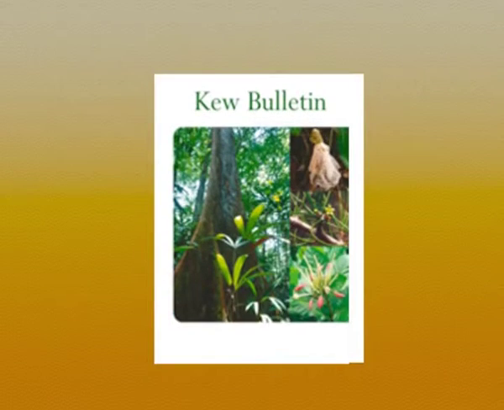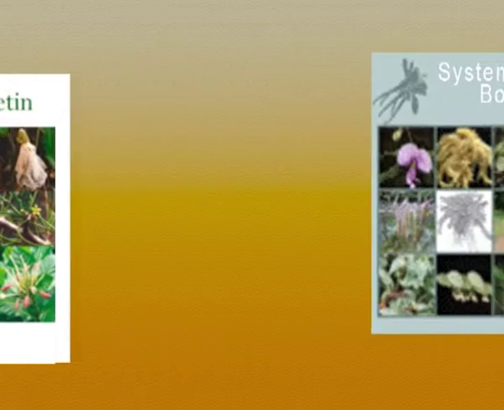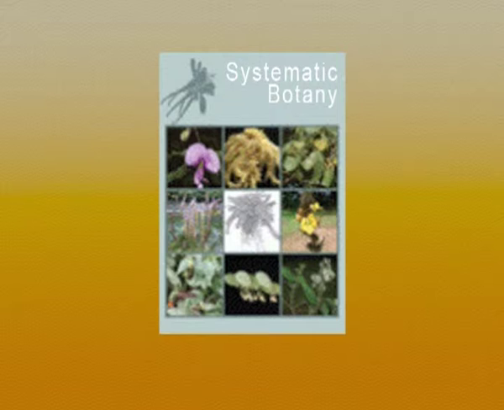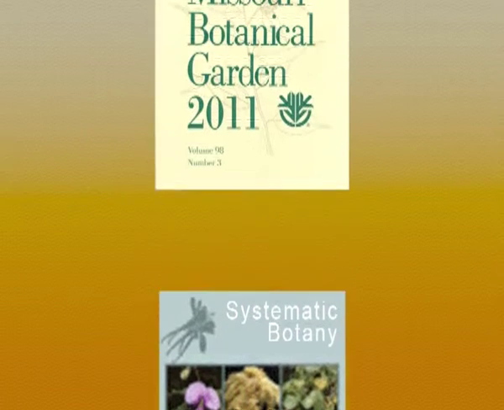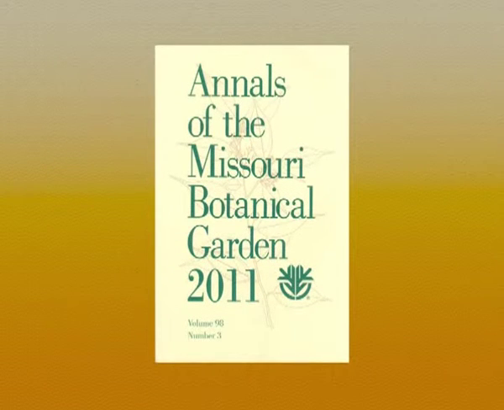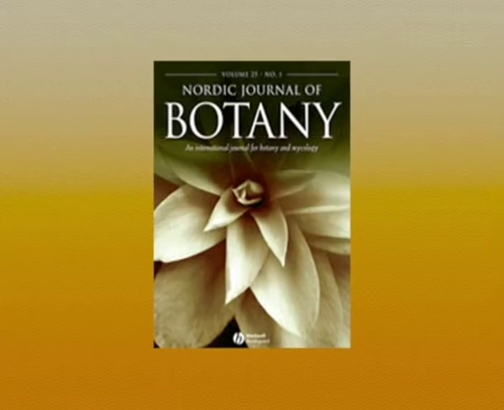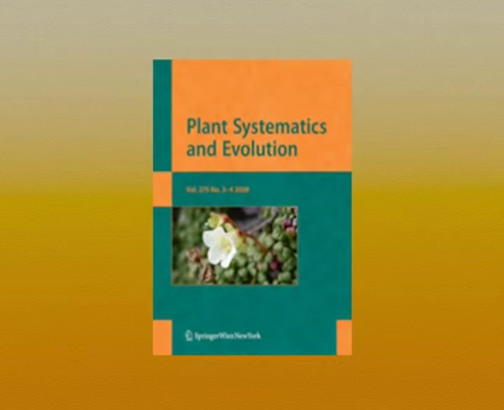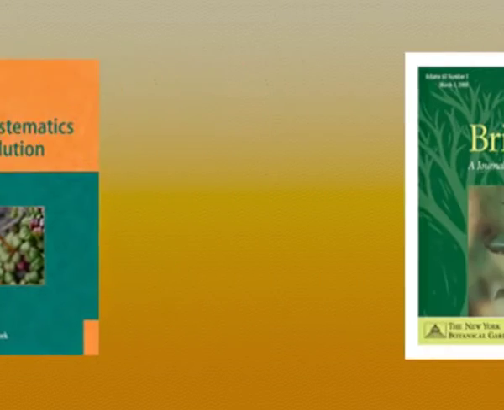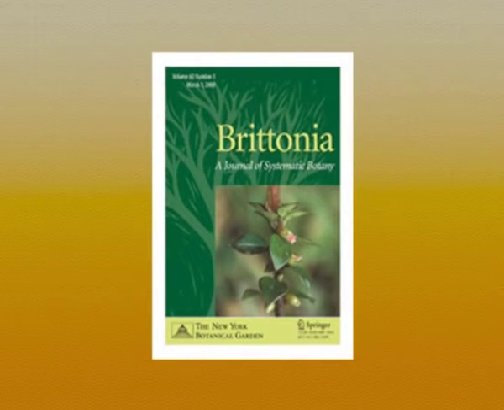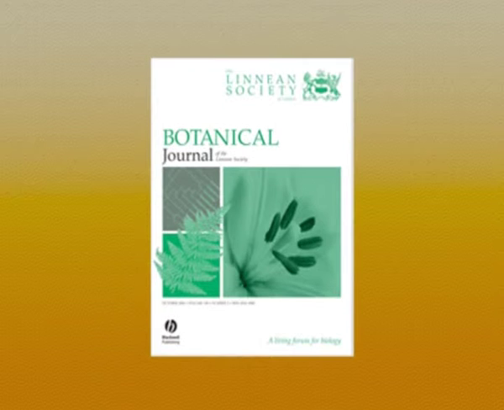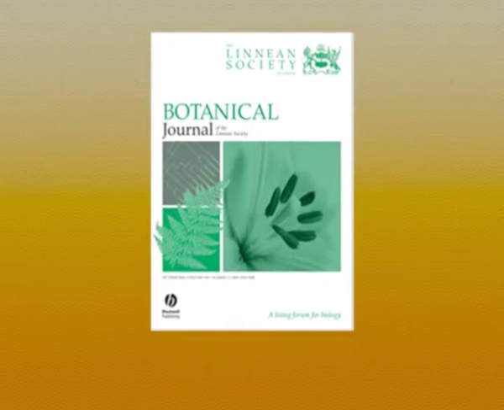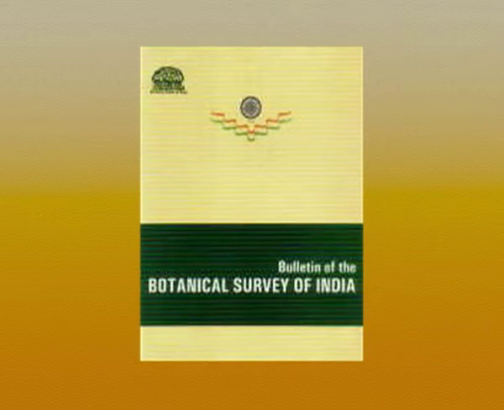Then Kew Bulletin. It is a journal published by Kew Botanic Gardens. Then we have Systematic Botany, the journal like Annals of Missouri Botanical Garden, Nordic Journal of Botany, Plant Systematics and Evolution, Brittonia, Botanical Journal of Linnean Society, or even in India we have the taxonomic journals like Bulletin Botanical Survey of India,